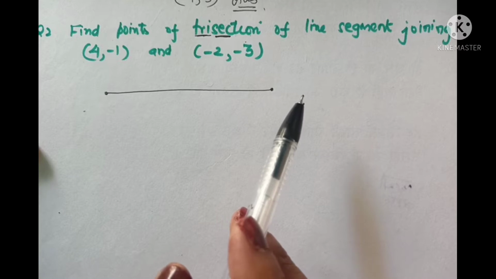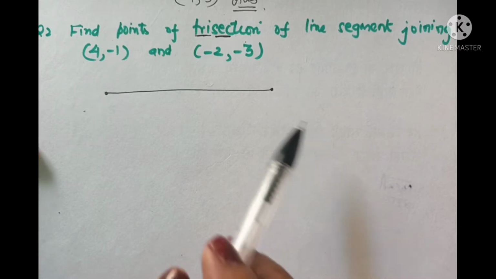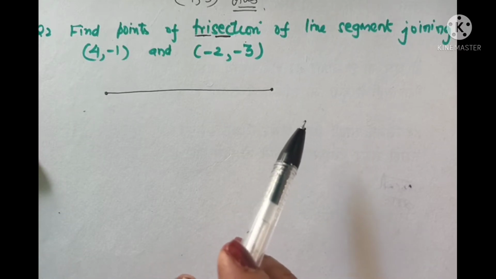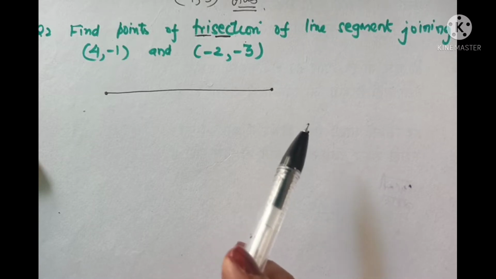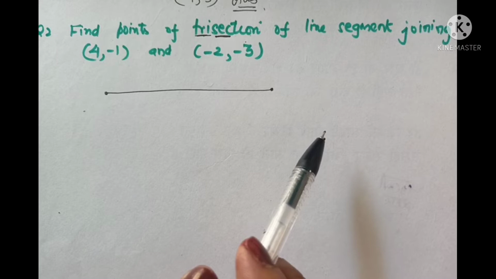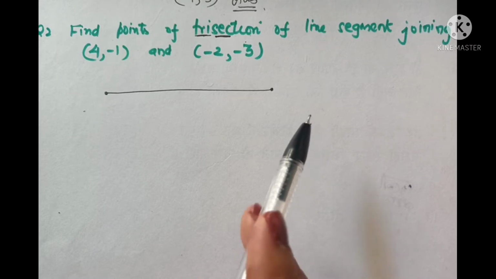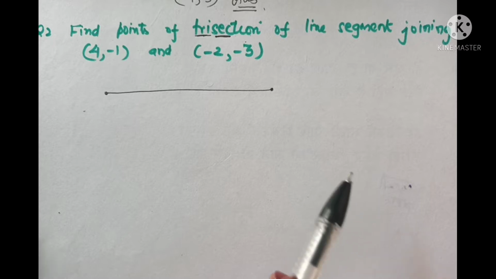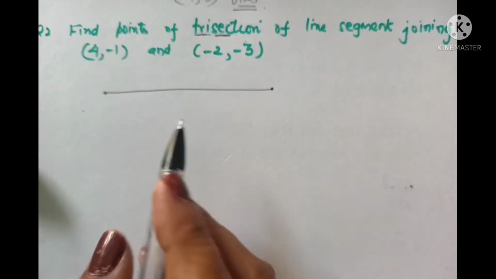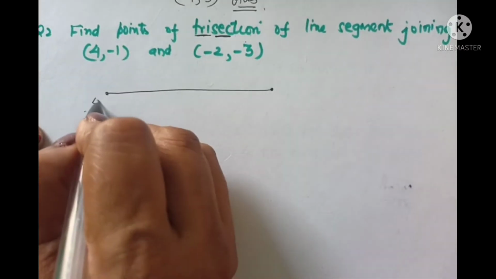And let me share an interesting fact related to this. When this question was not in NCERT and it came in the CBSE board exam, most students could not attempt it. Later on it was put in NCERT and extra books also. So usually a 100 stopper question comes from coordinate geometry. So let us draw a rough figure.